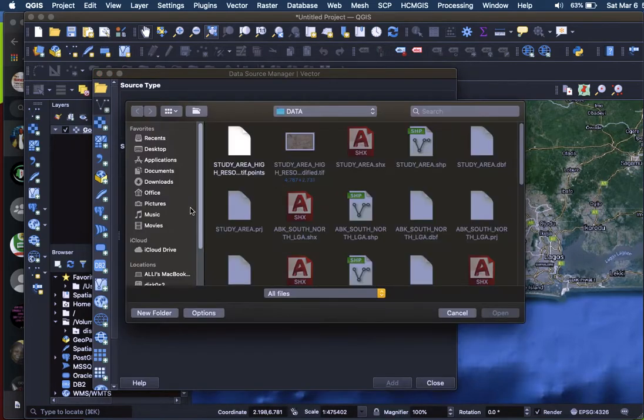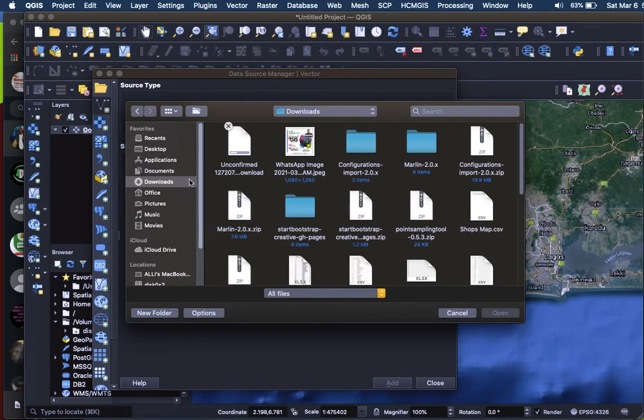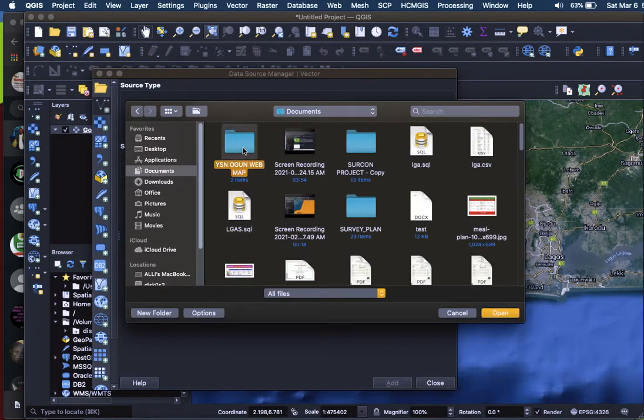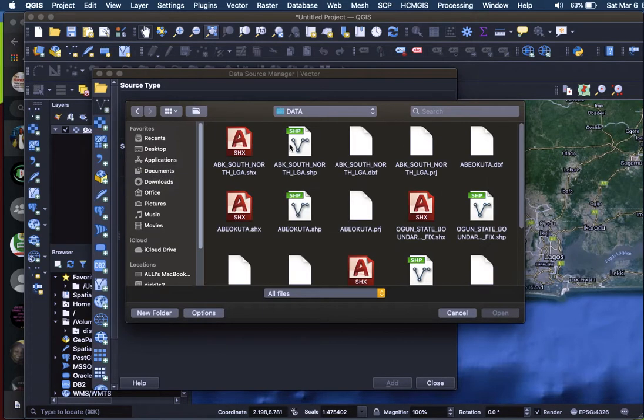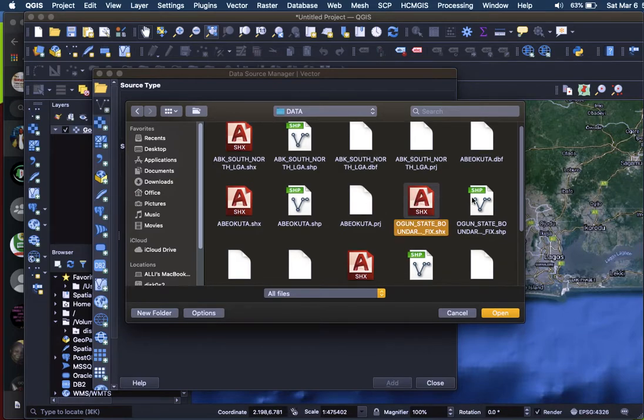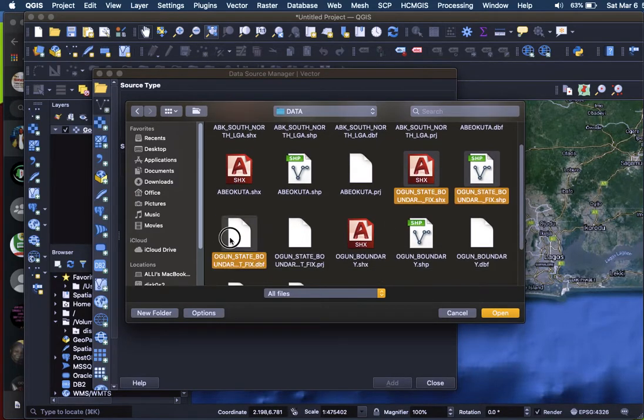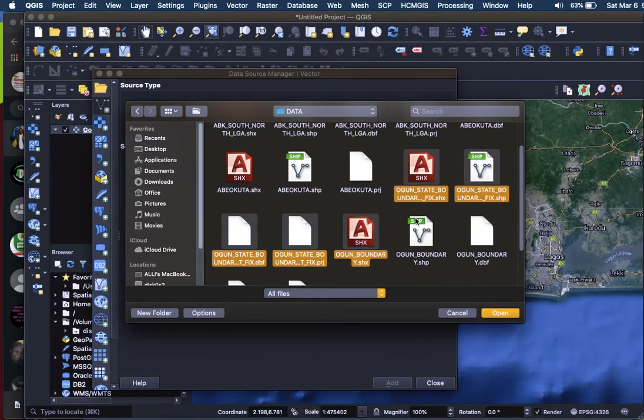So now, I want us to know the difference between a good shapefile and a bad shapefile. So I'm going to bring in two shapefiles now. Ogun State shapefile, Abeokuta. Okay, I'm going to bring Ogun State shapefile fixed, the one I have already fixed, and then the one that is not fixed. So please take notes. When I want to bring in my data, I am selecting five